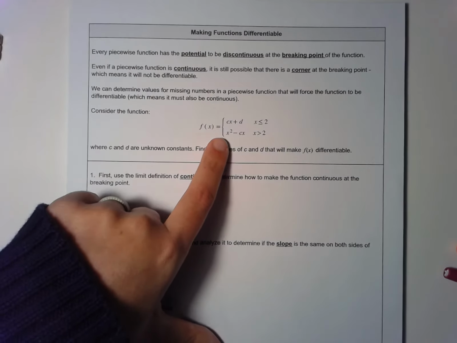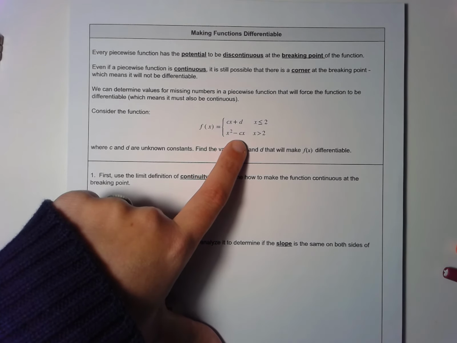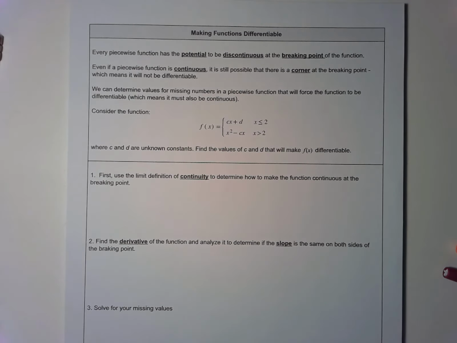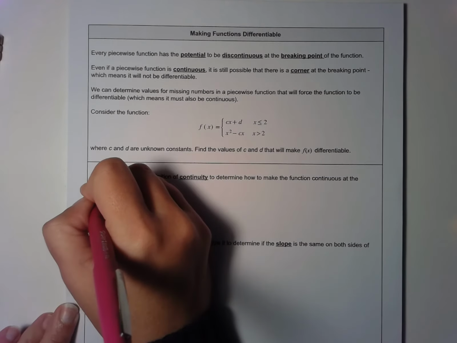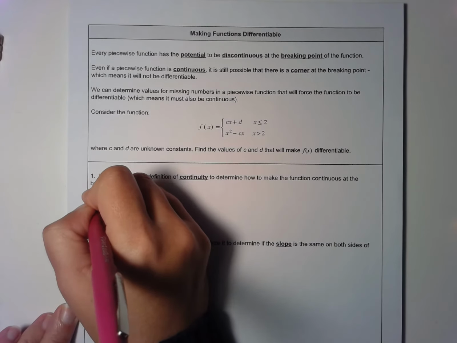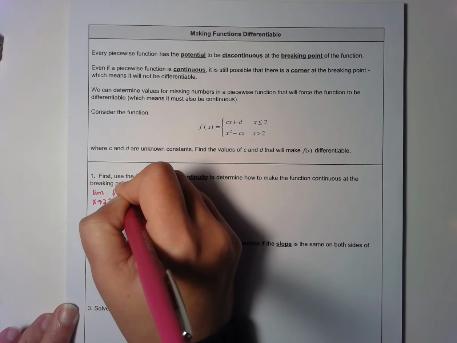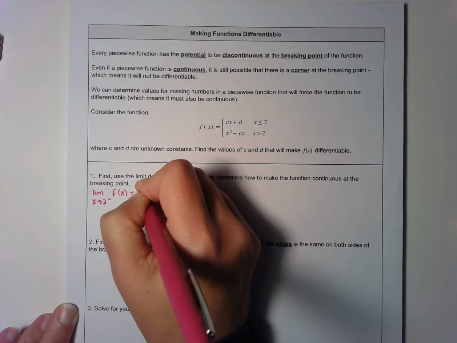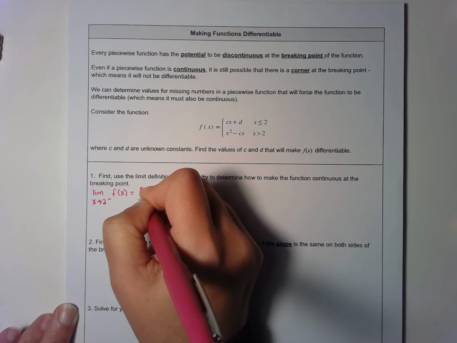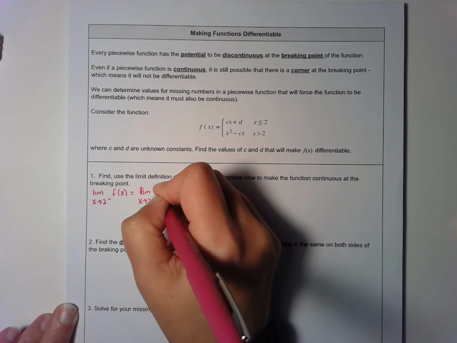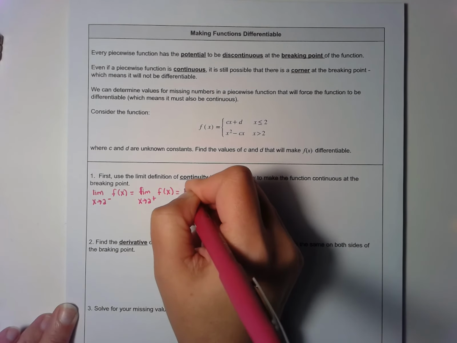Consider this function. We've got a missing value c and we've got a missing value d in this equation. First, we're going to use the limit definition of continuity to determine what we need to do to make the function continuous at the breaking point. So continuity says that we need the limit as x approaches 2 from the left to be equal to the limit as x approaches 2 from the right, which needs to be equal to